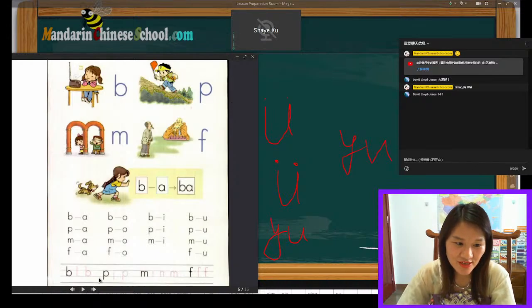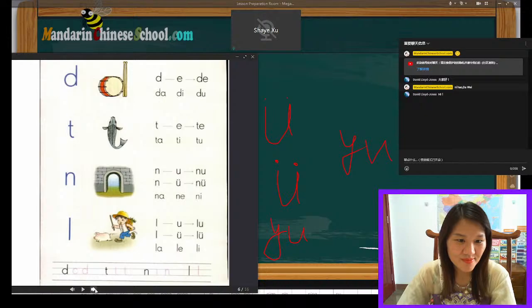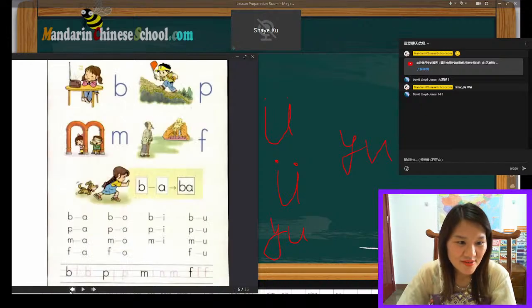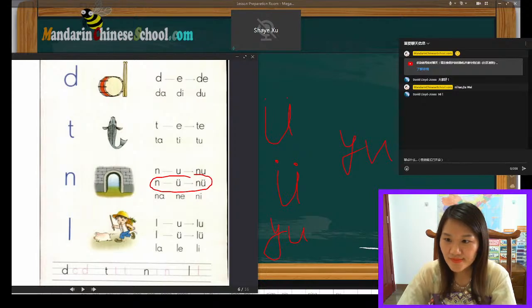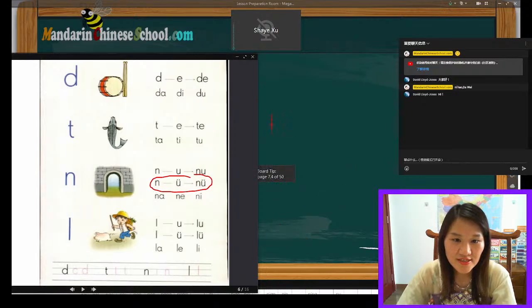So initials are easier. 好，那我们先练习一下这个的发音好不好？所以你看到这个 nu 没有 two dots 的时候，它是读 pronounce nu. 好，if it is with two dots,